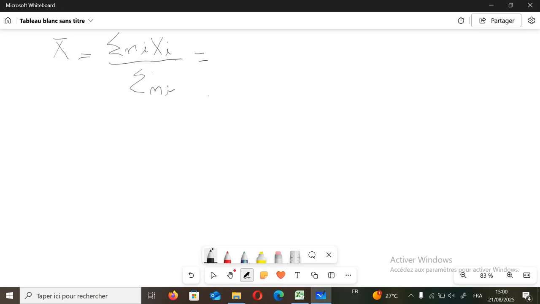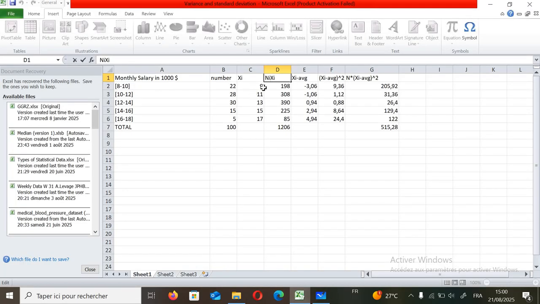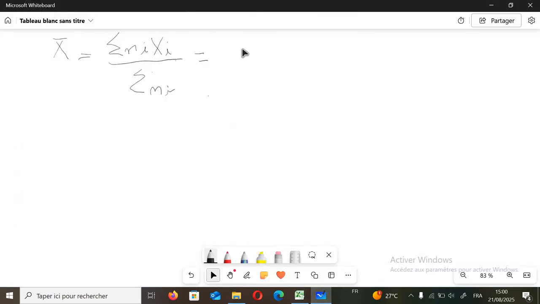We calculate the sum of it, which is 1206. 1206 divided by sigma of ni, which is 100, will give us directly 12.06. That means the average salary of employees in this company